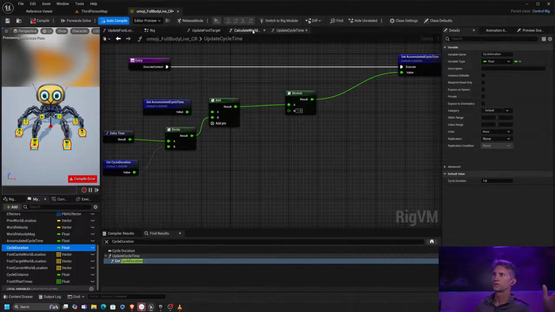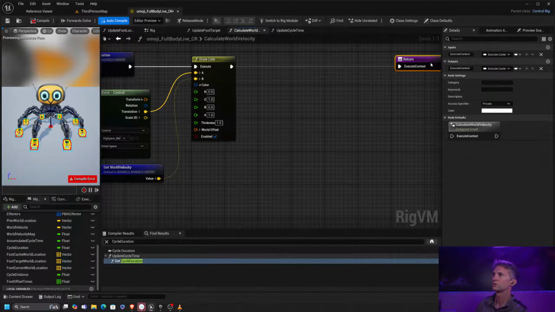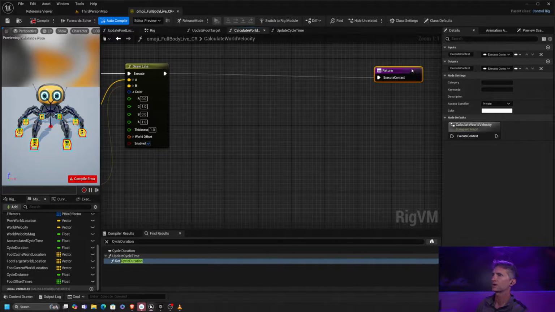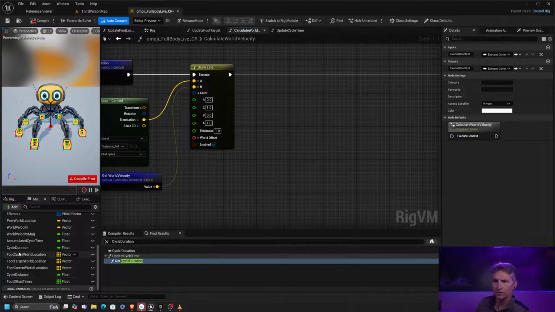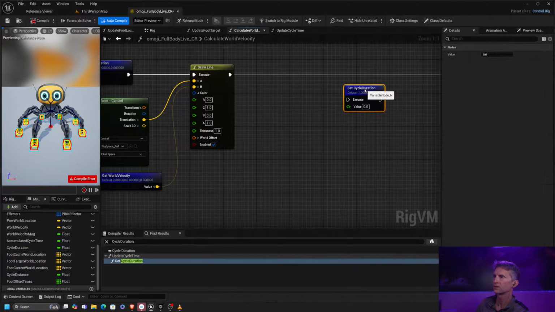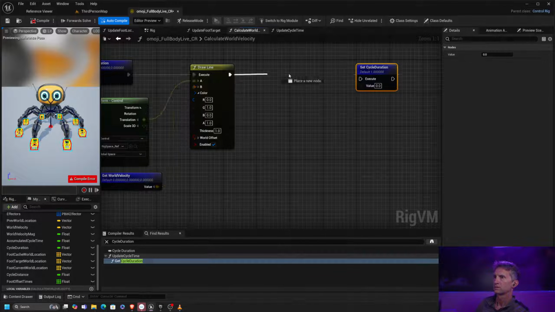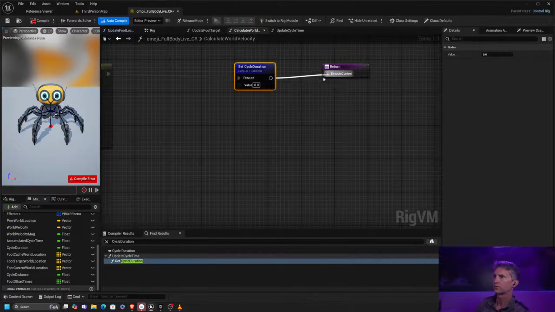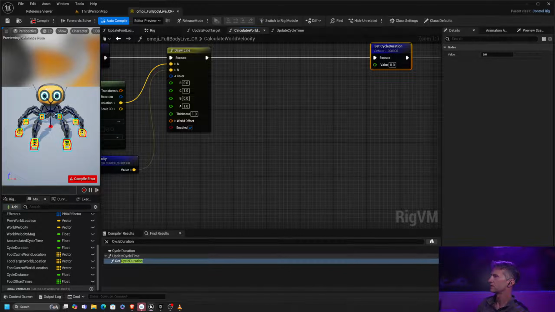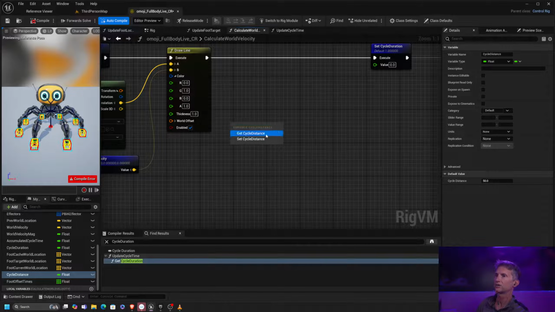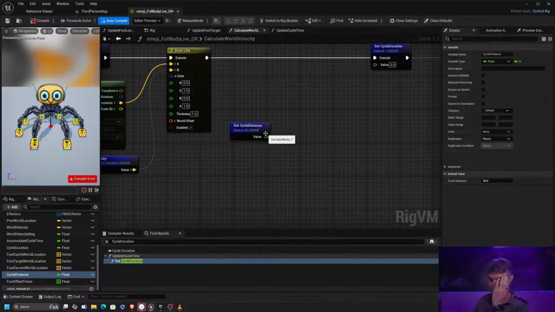What we want to do is in our world velocity, let's make some room here, and let's update our cycle time based on all of these values that we just calculated. Okay, so let's take our cycle duration. Ultimately, we're going to end up setting it. And what we're going to set it to is a little bit of the math stuff. So let's take our cycle distance, and this is just back to the whole rate times time equals distance that you learned probably in elementary school, okay? So we're going to multiply this by,